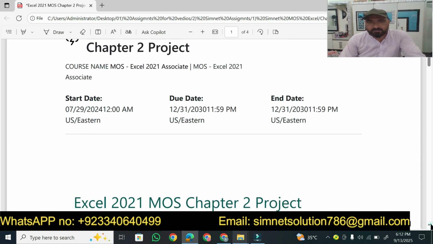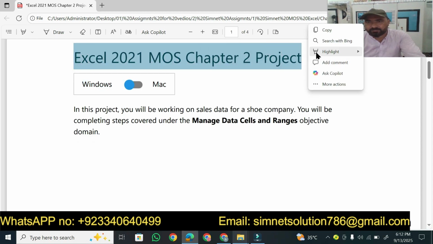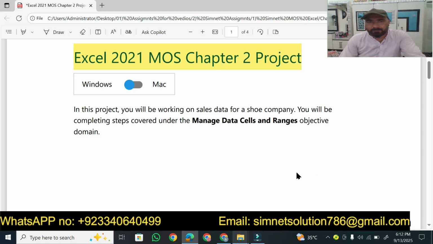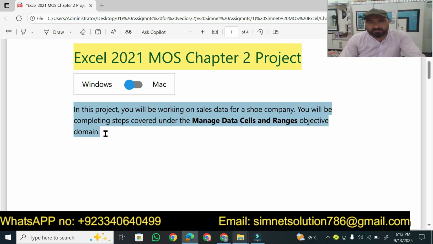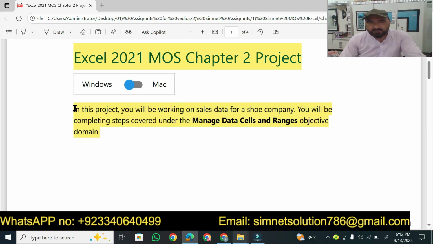Okay, so we are just moving here. Excel 2021 MOS Chapter 2 project. We are on Windows, so that's why we download our file according to Windows. So from here to here, we have just instructions about the file, what we have in today's file and how we have to solve that one. So we just simply read that one and get an idea. In this project,